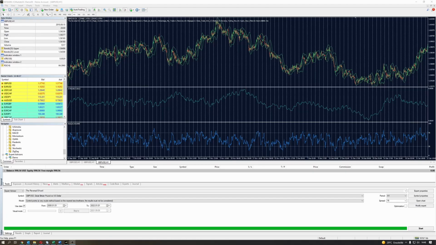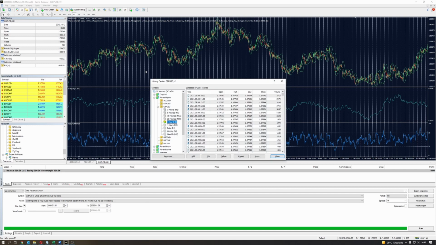Now that we have seen the parameters, we will see how I do the optimization. First, you have to be sure that you have the data. So to do the optimization, click on F2, it will open the history center, and then select the currency you want to check, for example GBP/USD, and the time frame, 1 hour or the one you want to do. It's important to have good quality data,